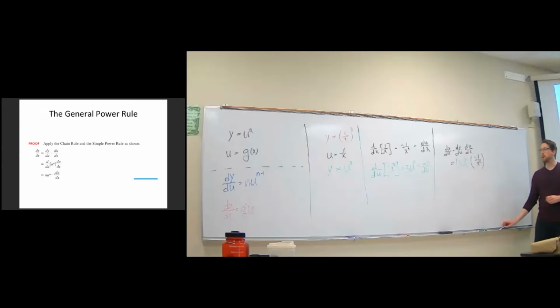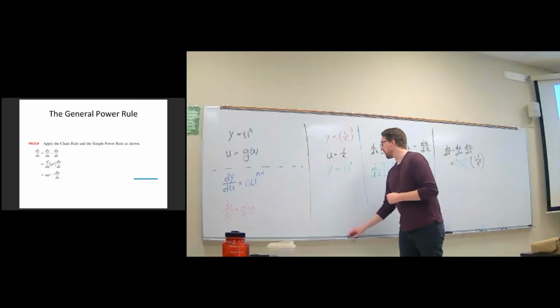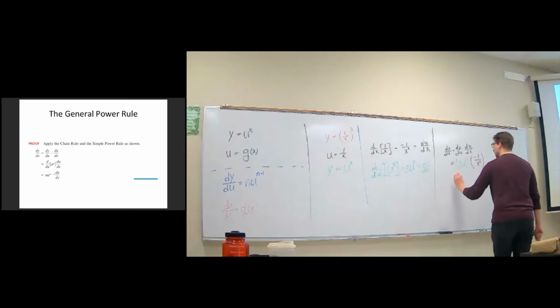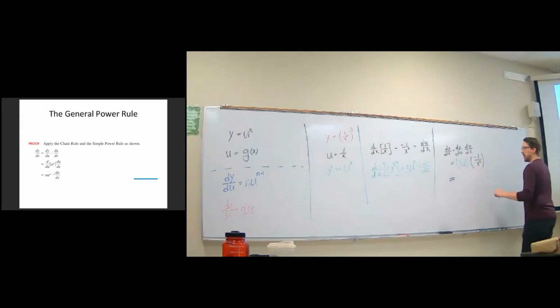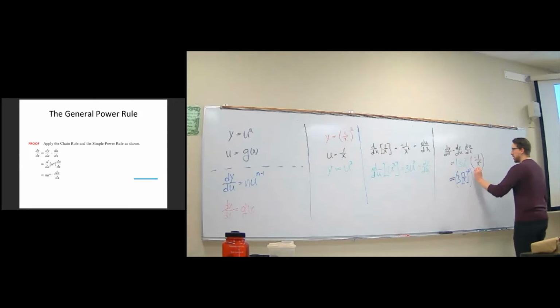But at the very beginning, we said u was equal to 1 over x. So now we have to plug that in here. That's 3 times 1 over x, that quantity squared, times negative 1 over x squared,